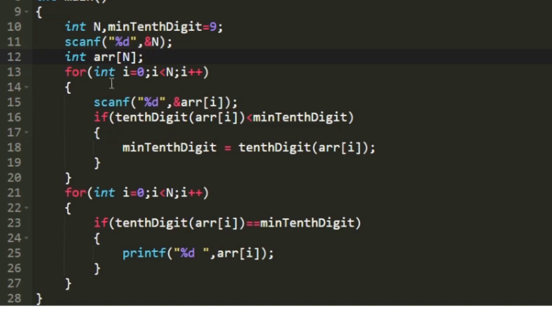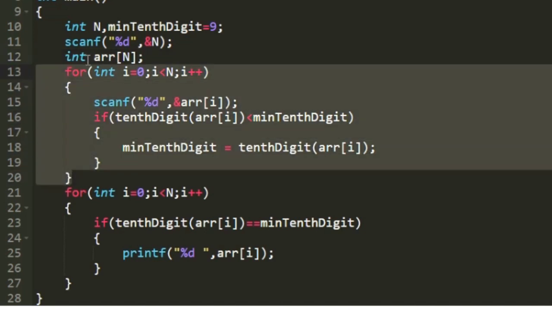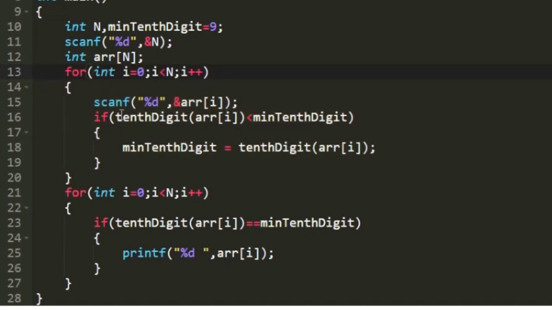So now we have to accept the n integers. So I am using a for loop that iterates from 0 to n, and in every iteration I am accepting the input integer and storing it into the array ARR. And soon after accepting the input, I am finding the tens digit of the integer. So to calculate the tens digit, we have already defined a function named tenth digit.